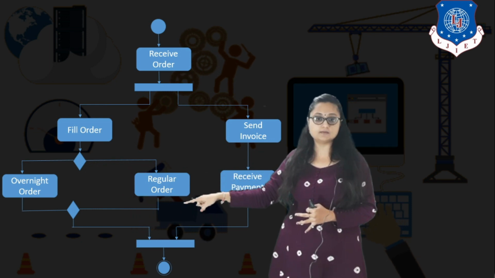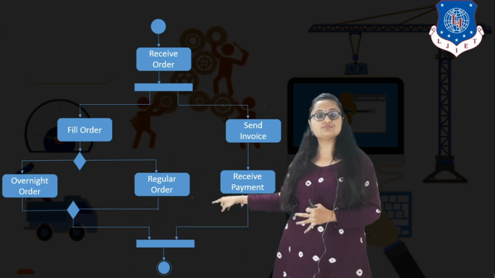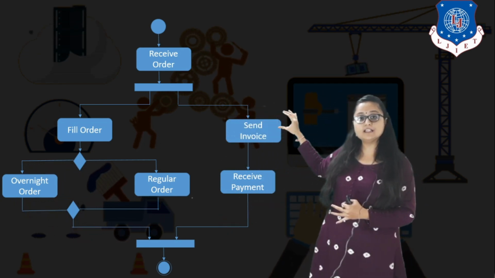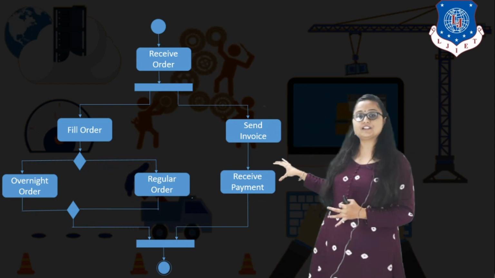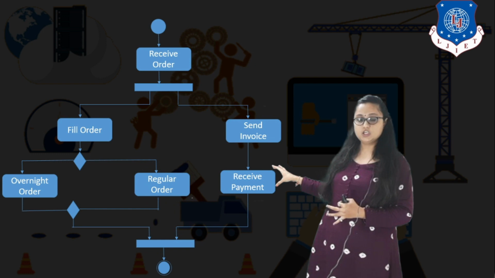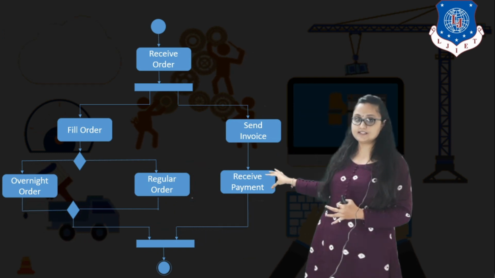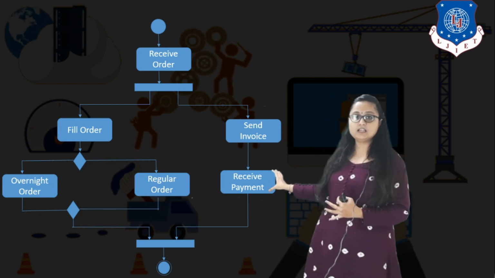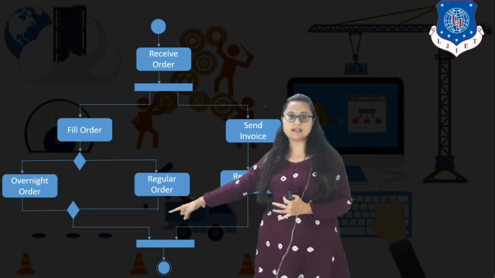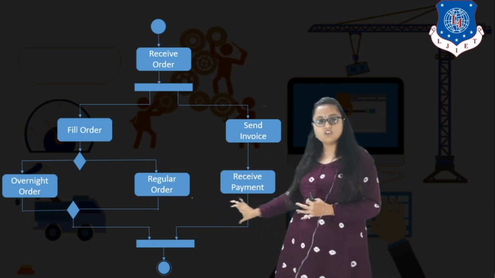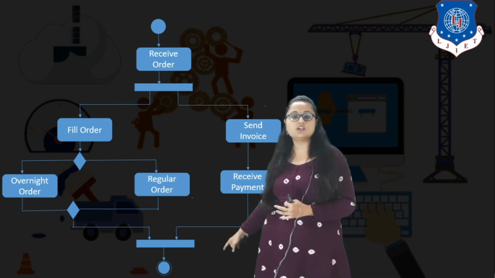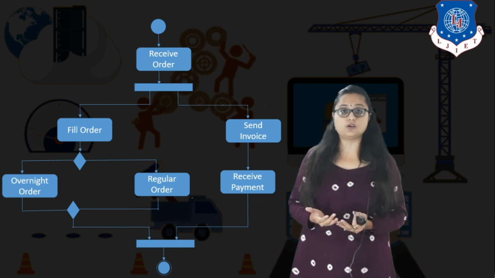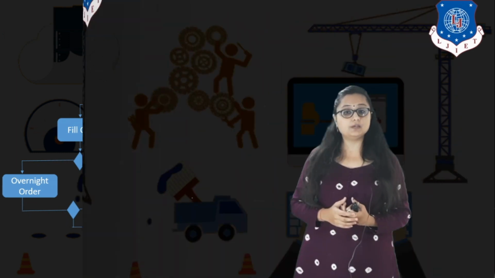After the decision is completed, you are completing this scenario. Similarly for the other activity, that is sending the invoice, the next sequential activity to be performed is receive payment. So receive payment is in sequence after you get the bill of the order. After receive payment, it and the fill order activity are joined via a join symbol, and the last symbol is for the end of my scenario. So this is a very small activity diagram which you have written for the order placement.